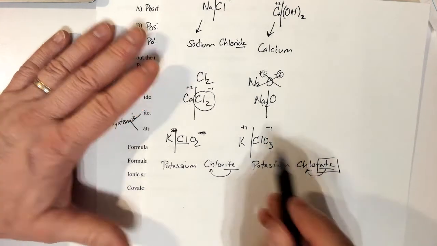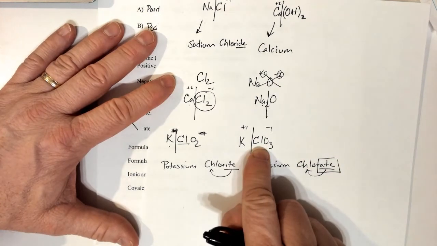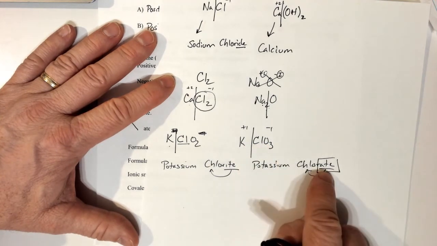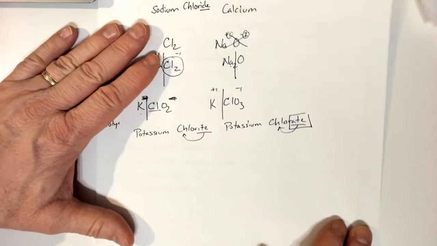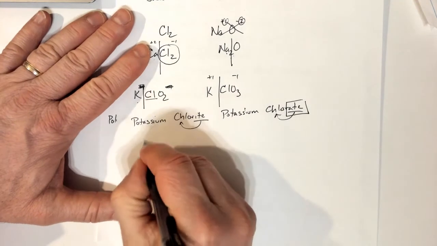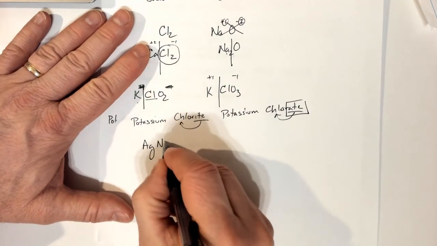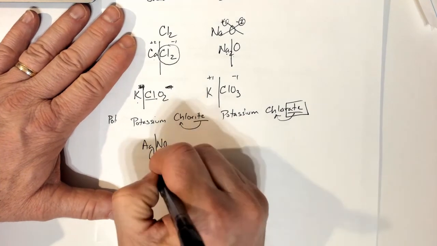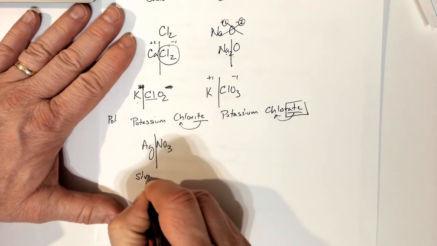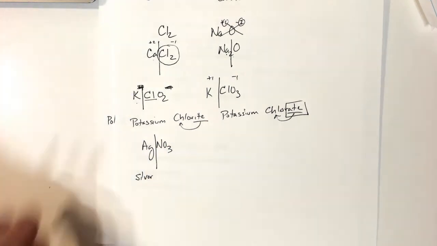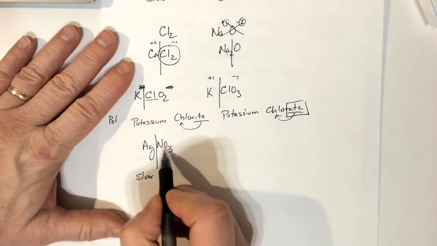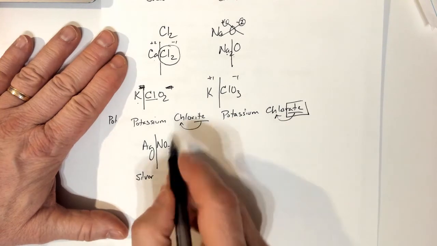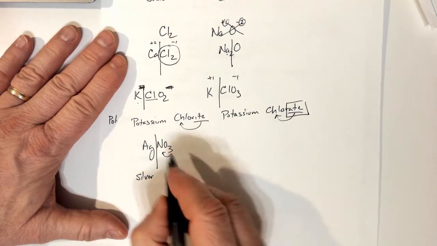So if you have an ion that's negative and it's got oxygen attached to it, your best guess is an ate ending. So if I'm going to do that, let's just do an example. Let's say I have silver attached to NO3. Okay? And so I cut it in half. So I've got silver would be its name. And then I got to name this half, and I can pretty much guess that it's going to be something with ate or ite at the end. I'm going to guess ate, but I'm going to begin the name with this element. So it's going to be called